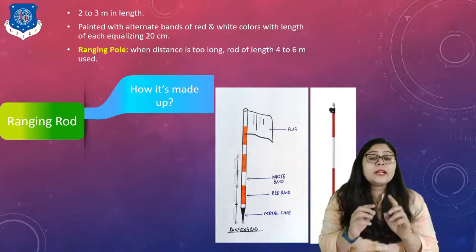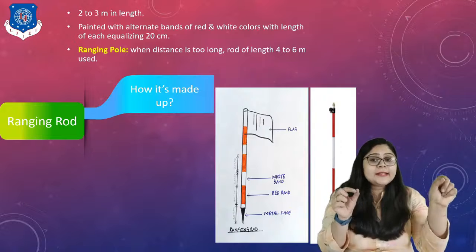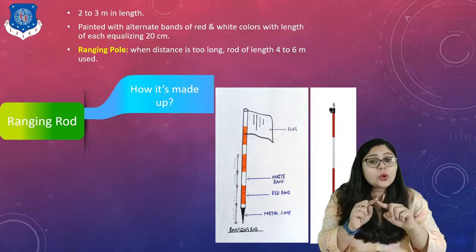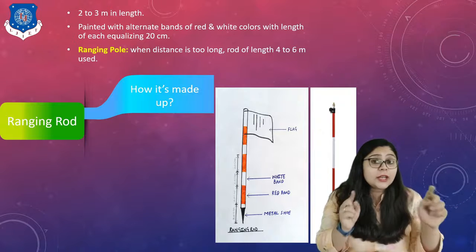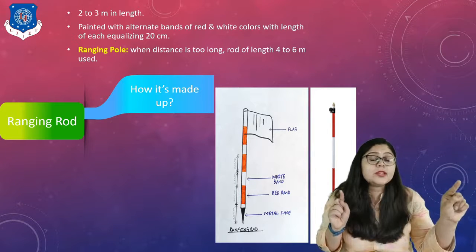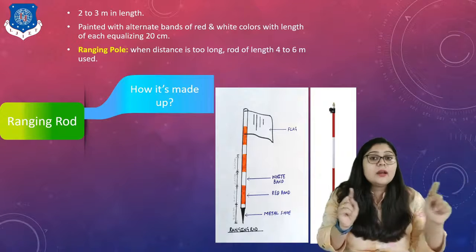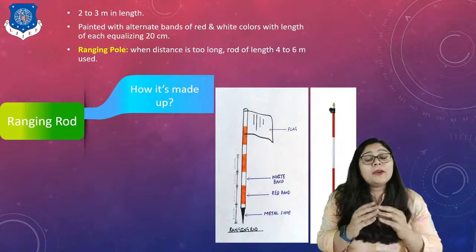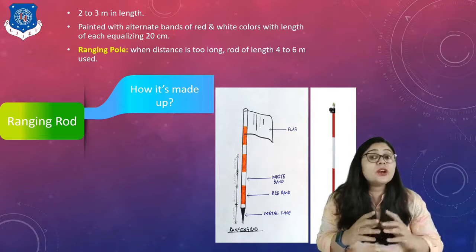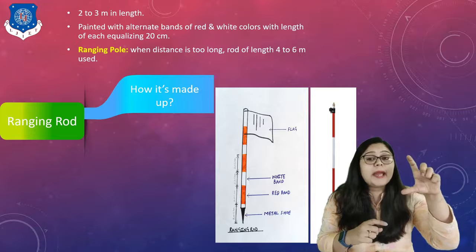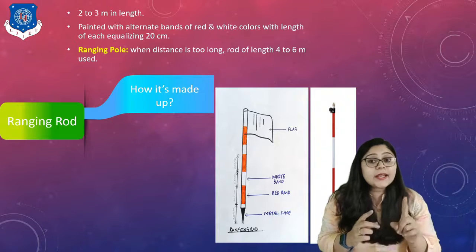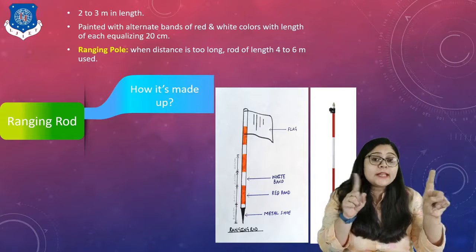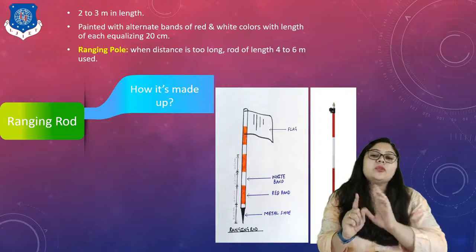Now imagine that once you go to the field and insert the pegs, right, to mark your main station points. Then after you unfold the chain. But as I said, if the distance between 2 points is quite high, then at that time how can you identify where the next peg is exactly, because you have seen the size of peg is quite low. At that time, to identify or to make those 2 points in one range, you need a ranging rod.